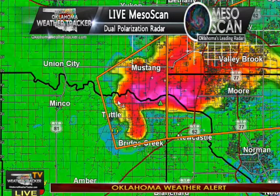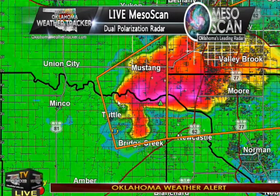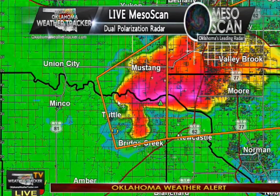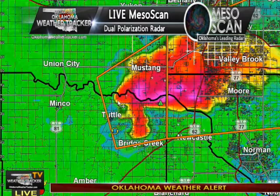Generally, we like our storm trackers on the front end of it, but Trey had to reposition. There were just no roads for him to get to the east on. So as you're repositioning there, I don't know if you can dip to the south and then over to the east, but try and get out in front of this just as we bring this on in. And I tell you what, folks,